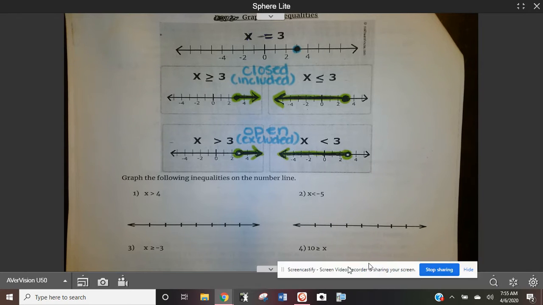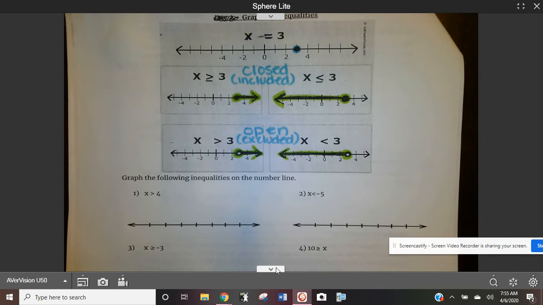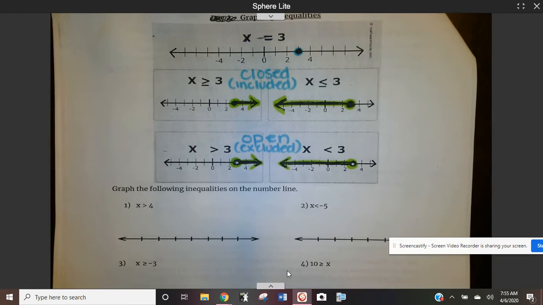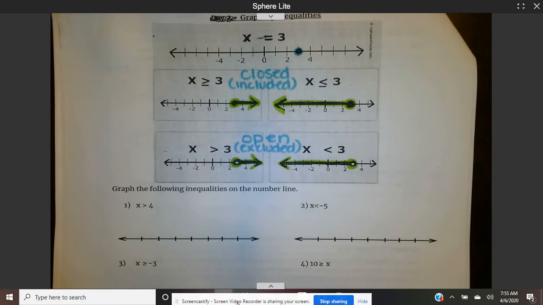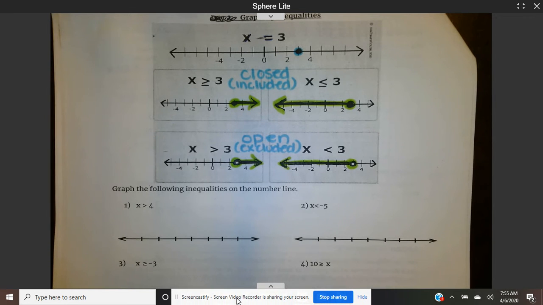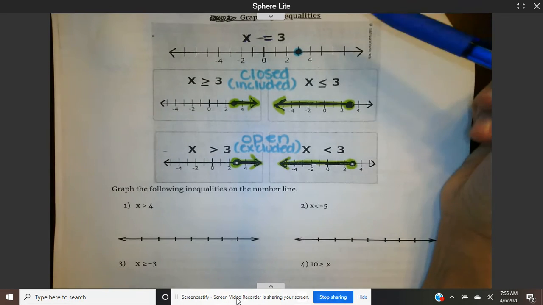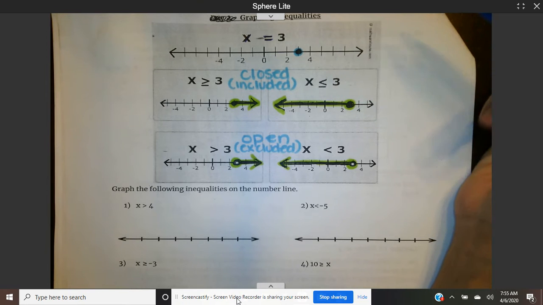All right, guys, today we are going to talk about graphing and solving. Okay, graphing and solving one-step equations. So for the first thing, we're going to talk about how we actually graph these, which is on a